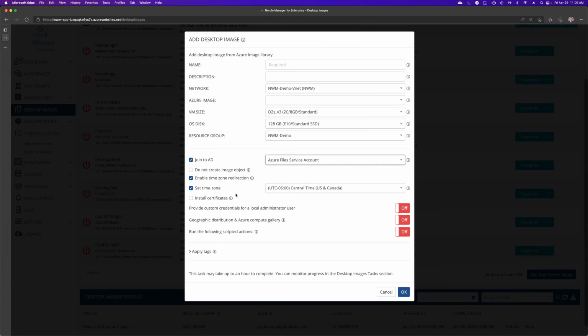Then there's several optimizations you can apply. You can apply time zone optimizations. You can set the system time. You can even install certificates from the certificate library that Nerdio Manager maintains for you for things like MSIX when you have self-signed certs. And then you can decide where to distribute this